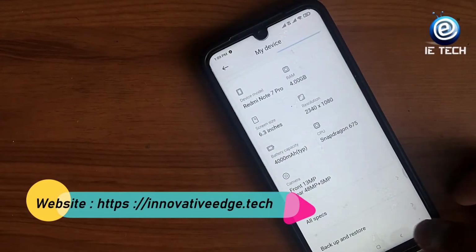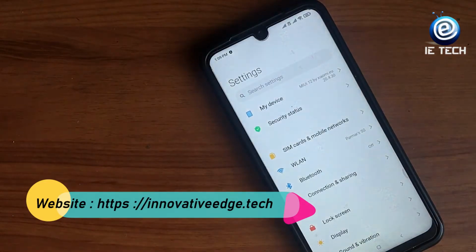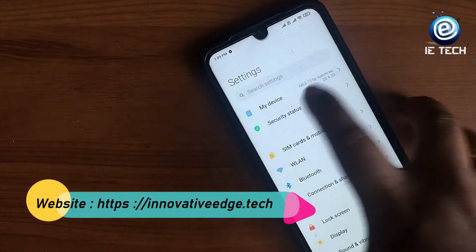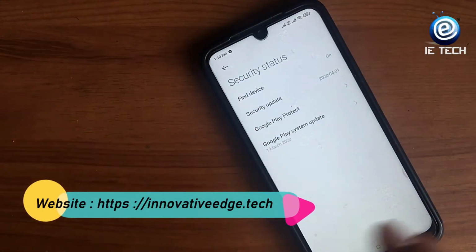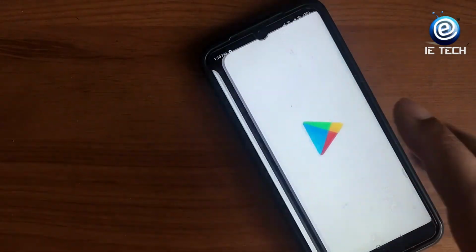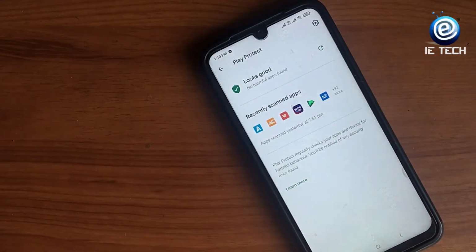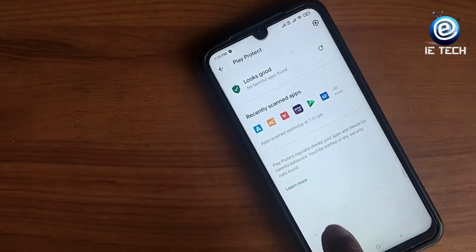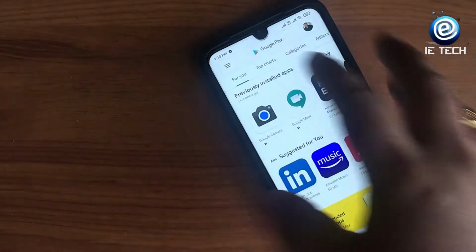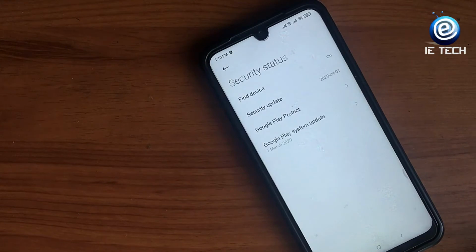When you go to other settings, you will see the differences. The first difference which you will find is in the security. A lot of things in the security system they have actually optimized, and they have introduced Google Play Protect, which is now there. Unlike the Chinese ROM where Google Play Protect was not there, you can install it and all. So this is a safer ROM. That is the reason it is not allowing most of the banking apps, because it's still in a testing phase.